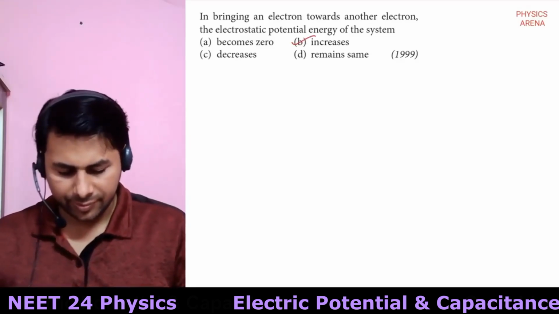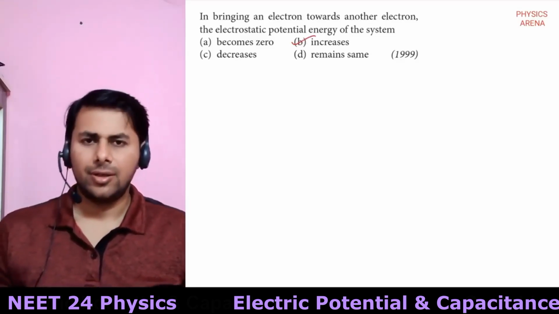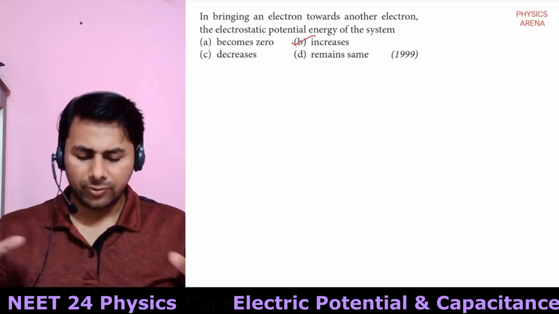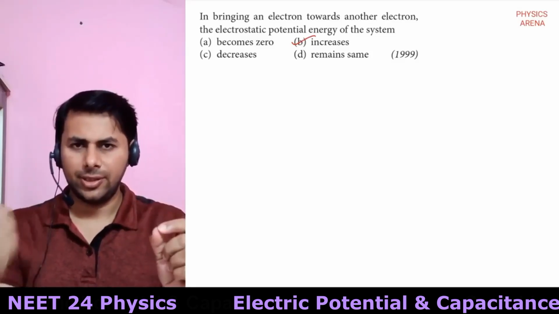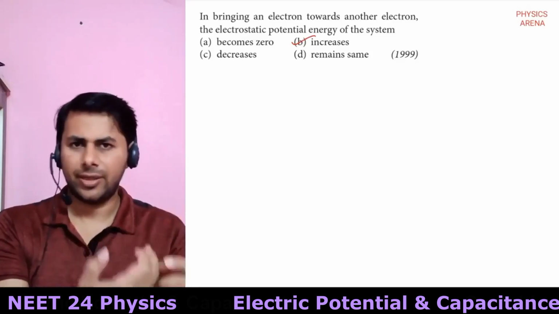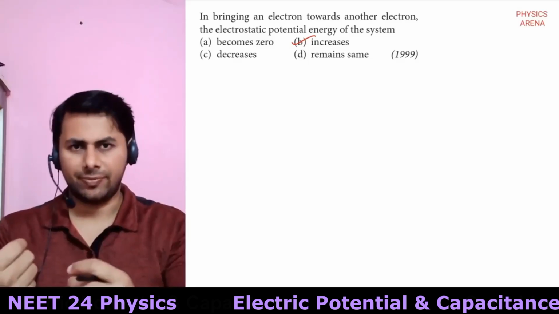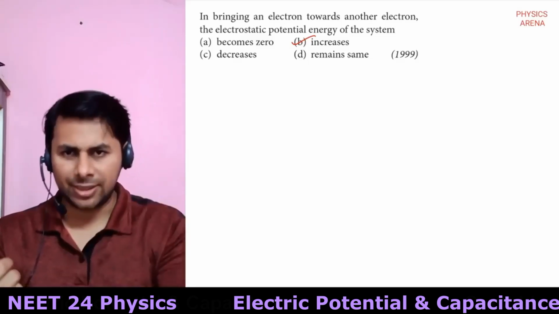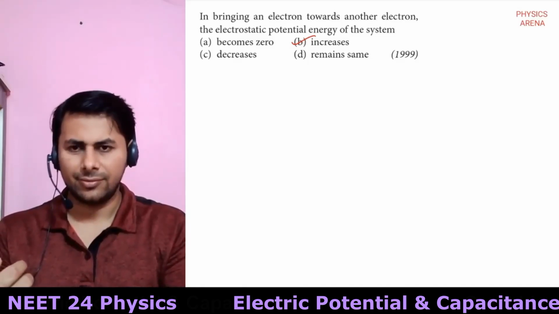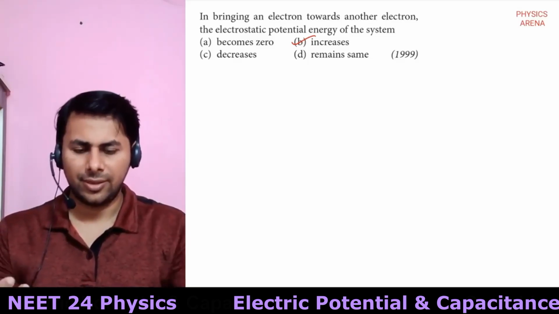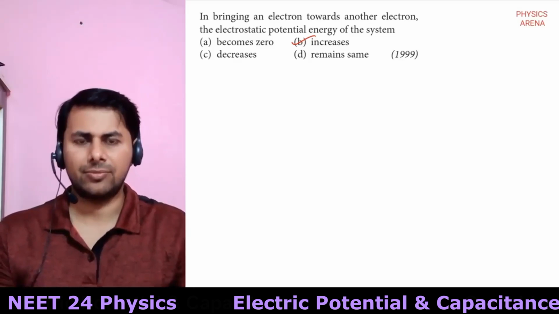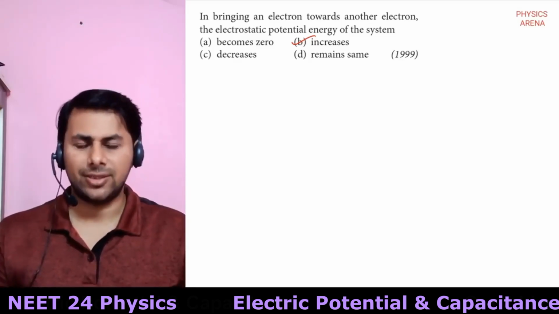Increases. See, now when you have two electrons, this electron will repel the other electron, and you are doing the work against this repulsion. That means you have to put some energy, right? So when you are putting energy in the system, the energy of the system increases,